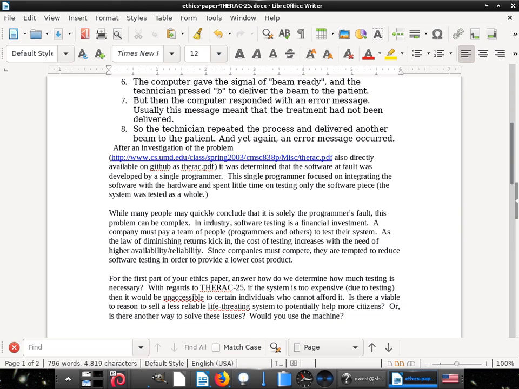No, the computer responded with an error message, and the error message said to repeat this whole process to try and get it to work again, and then give it another dose, because he finally set it up the way it's supposed to work. And the manual said... In the manual, there's an error. He's just following the manual, following orders, yes. Was there any proof that that actually happened, or was that what the technician said? Because he could have said it worked.